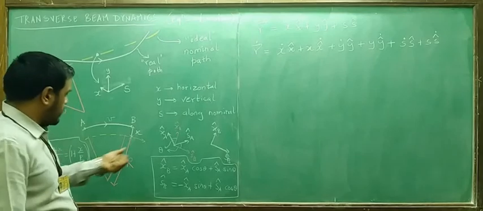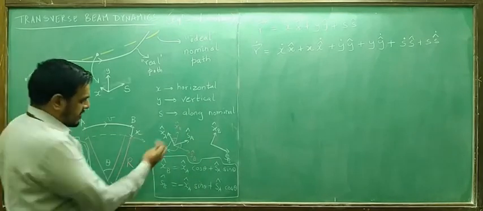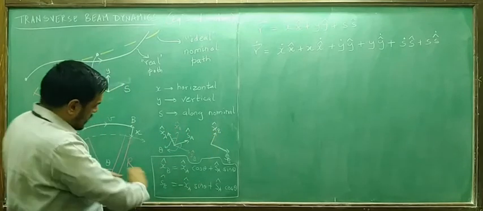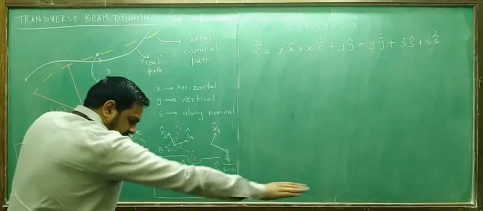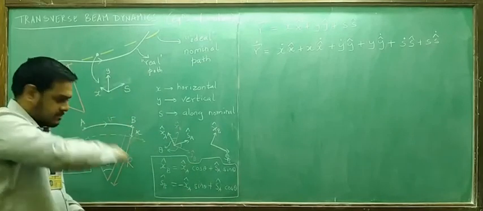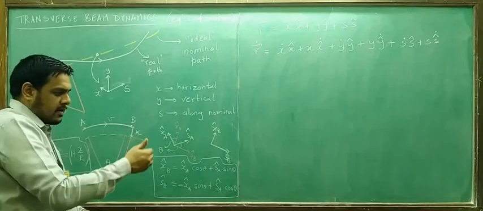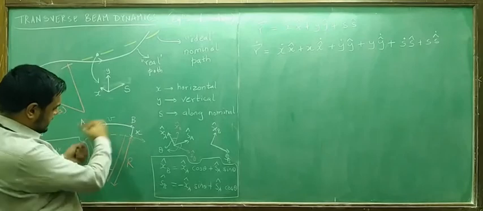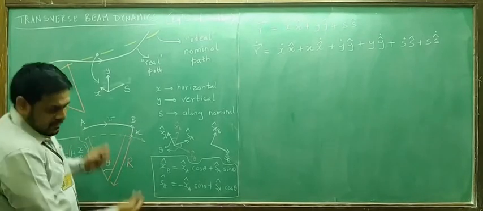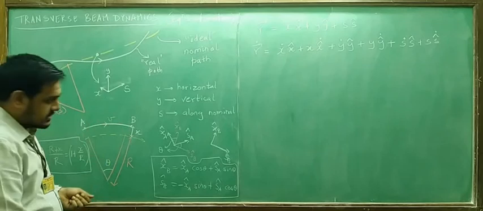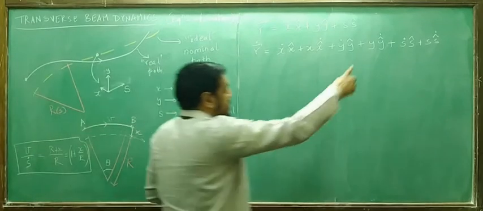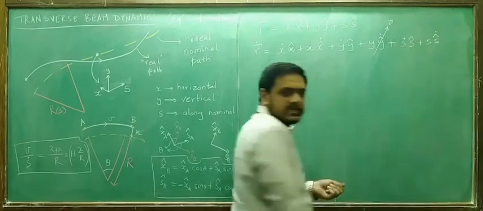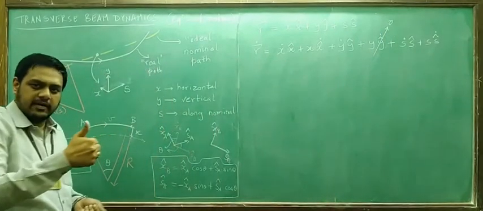Out of this, while we were doing all these things, you will notice that the y hat vector nicely sat in the vertical direction and continues to be. So actually all this is happening in the horizontal plane, the way an umpire signals a boundary. In that orientation it is happening. It is not affecting what is in the vertical direction. So the vertical direction in this diagram is this way, and this whole thing is an oriented slice. Okay, and therefore the unit vector in the y direction does not change with time. The vertical remains the vertical.